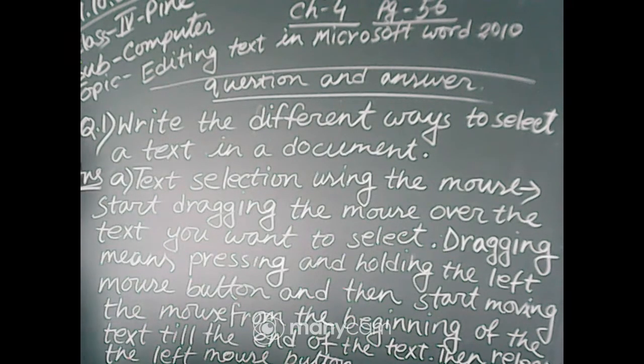Okay. All are taking that screenshot, right? You cannot write with me, beta. Then release the left mouse button. Okay.